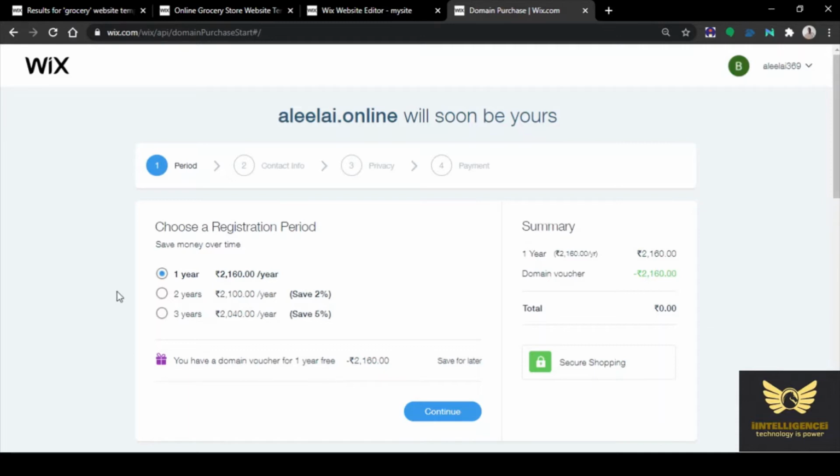This domain you can register for 1 year, 2 years or 3 years. If you do that, you can save. If it is 2 years, 2%. If it is 3 years, you can save 5%. Right? Now click continue.